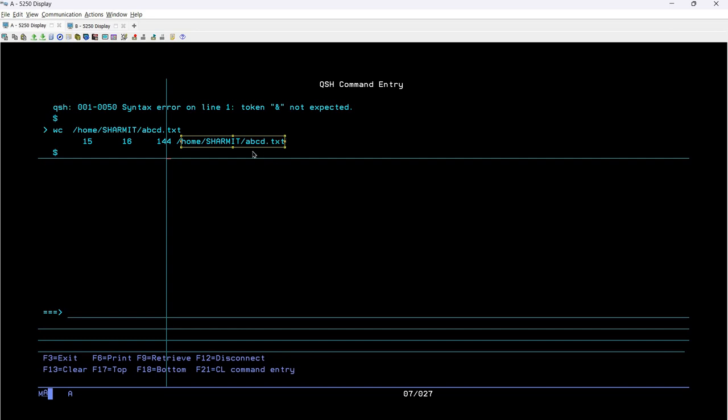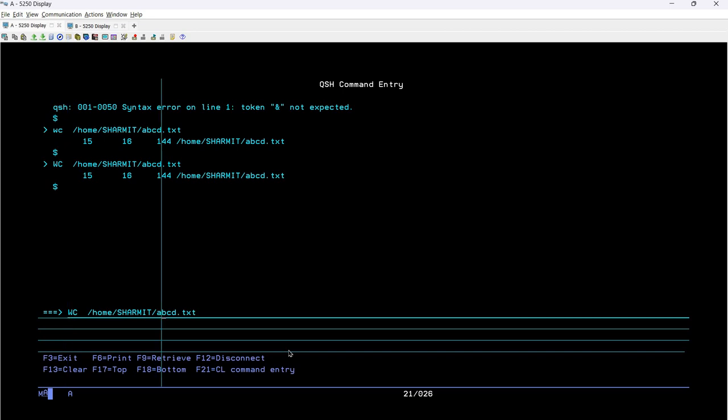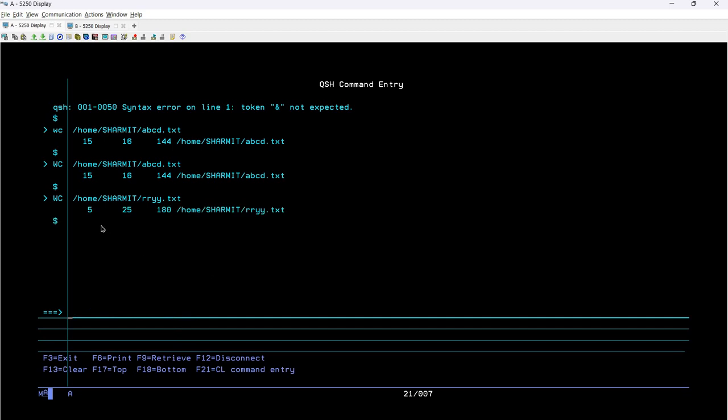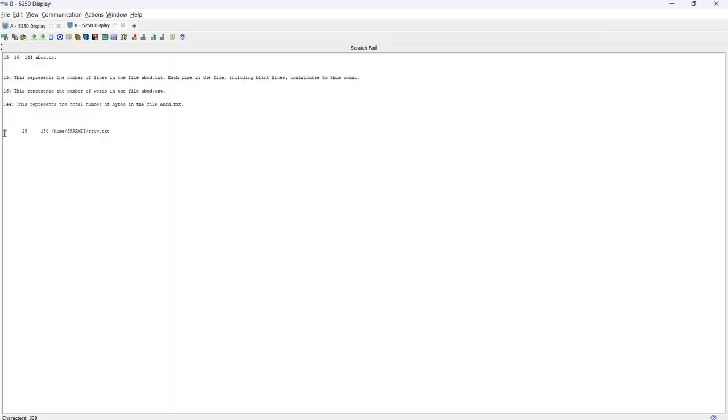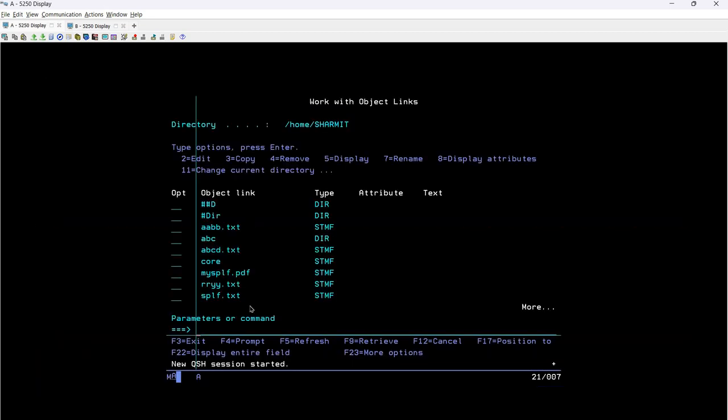Got it? Now it's time to run a few scenarios here. Let me change it to WC in capitals. Will it work? Yes, it will work. There is no issue with capital WC. Let's change the file name. Instead of abcd.txt, I'll write rrY.txt. If I hit enter, it now shows 5, 25, 180 and the file path. Let's confirm this. I have already copied this line, so we will compare it with the actual file data. For that I'll just look, yeah, here it is,